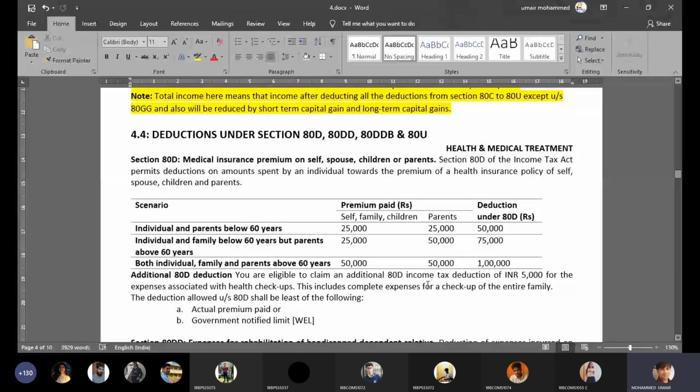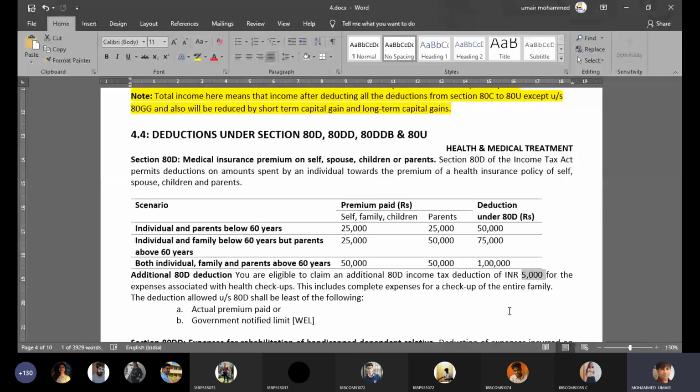Now, some families do have a good practice of doing a family checkup or a master health checkup for all the members of the family, for which you have to pay again money. Diagnostic tests will be done, blood tests, scans, reports. So the income tax department says, okay, in case you have also paid any expenses towards preventive health checkup, claim that also, but maximum you can claim only